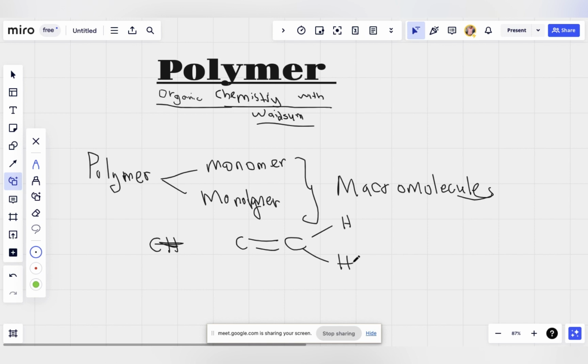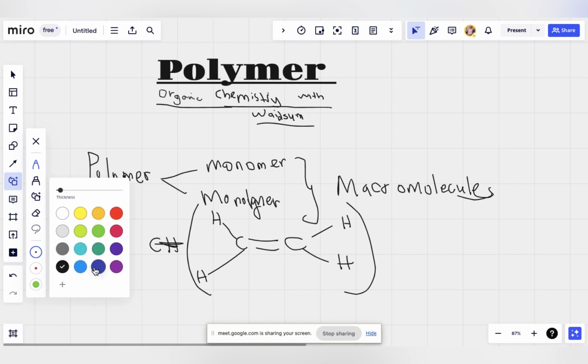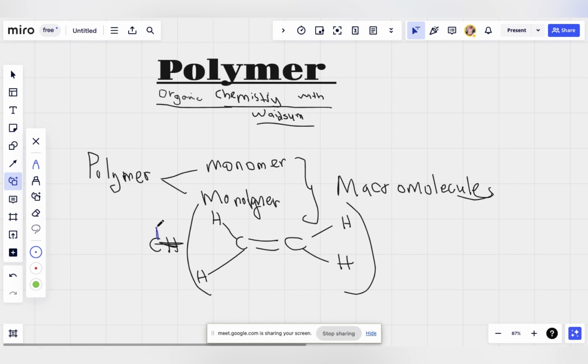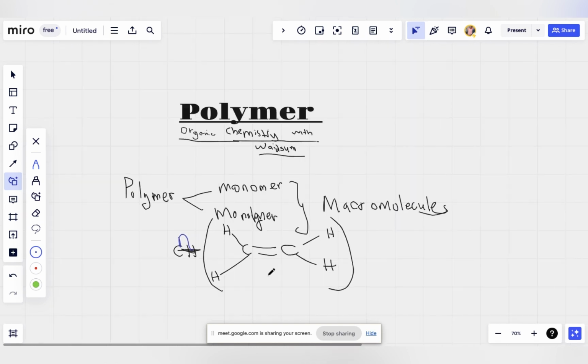This will add to itself in the type of polymerization called addition polymerization. This ethene, which is an organic compound from the alkenes family, will bond onto itself repeatedly to form a giant macromolecule called the polymer. If we want to make a polymer out of this, we multiply it by n, meaning it will add onto itself n number of times, and then we will get